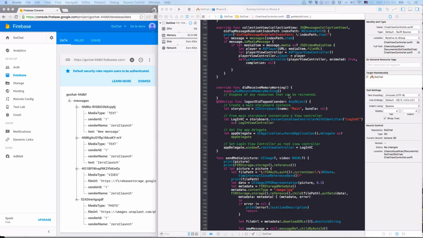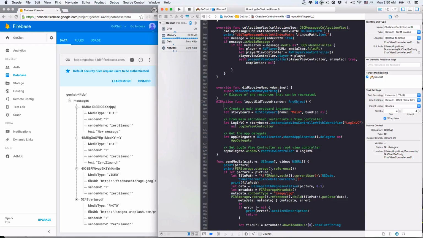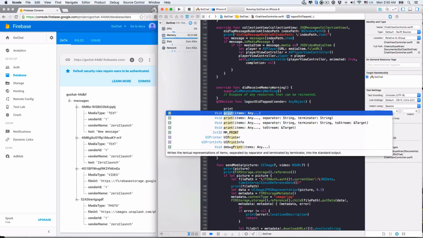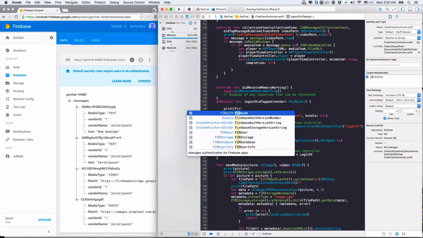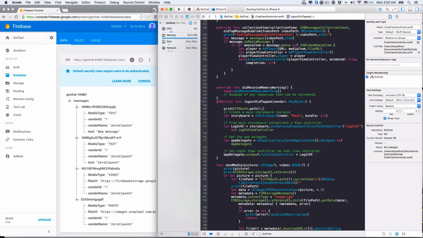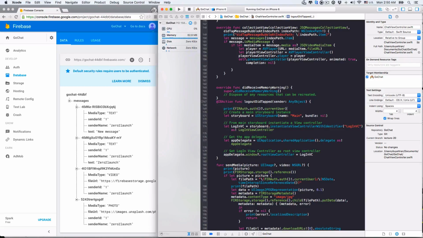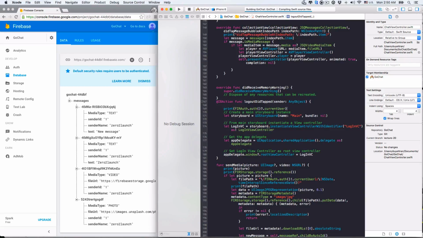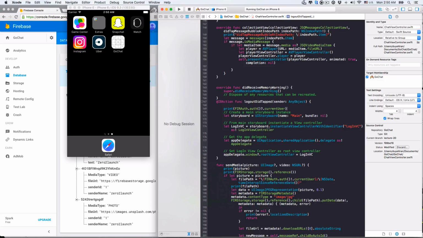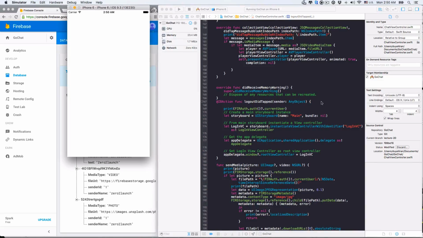Hey guys, now we'll code up the logging out and automatic signing in features. The basic idea is to look at the user authentication status, then act accordingly. For the logging out feature, let's print the user authentication information in the logout did tap method. To do this, we use the current user property for the FIR auth shared instance. Our motivation is to confirm that, for now, if we tap the logout button, nothing will happen, because we